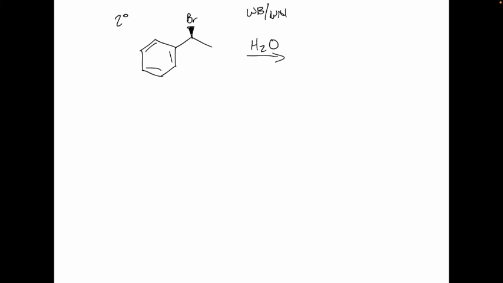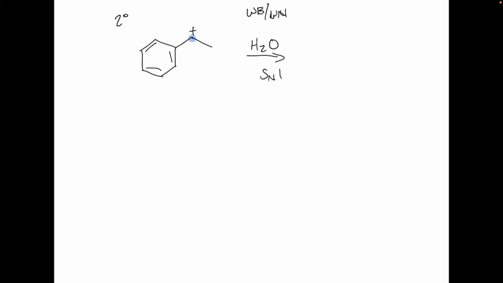This is like an exception here because this benzene ring is located right next door to that carbon. It turns out that because of that, this forms a really stable carbocation at this position. Secondary carbocations normally don't form, which is why we don't have reaction with weak base, weak nucleophile. But this is an exception when it's right next door to the ring, and so this would actually be an